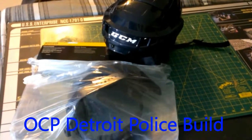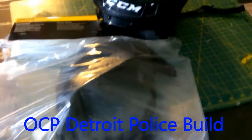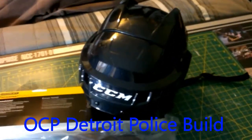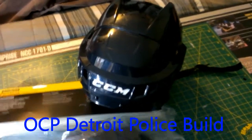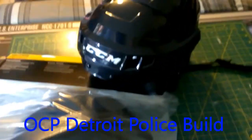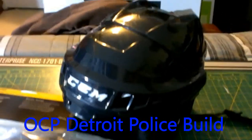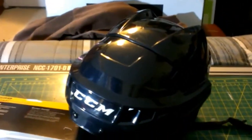Alright, so the quick little project that we're working on today is that we're going to be trying to recreate the classic RoboCop OCP Detroit Police helmet. Now, it originally is a hockey helmet to begin with, so we're not really stretching it too far by actually grabbing an actual helmet. Now, I couldn't find something that was what I actually needed, but this one should do